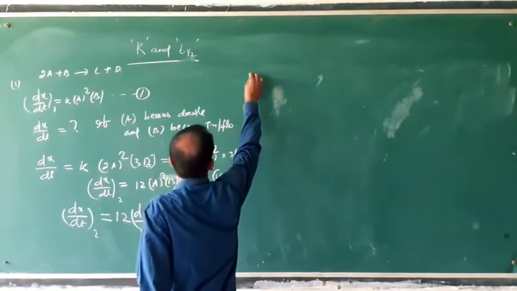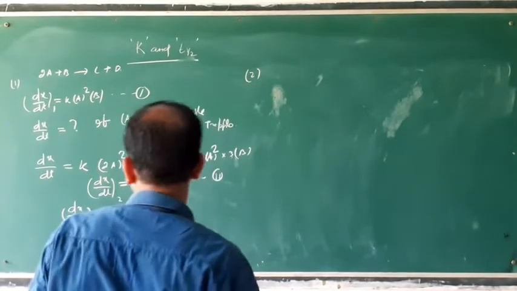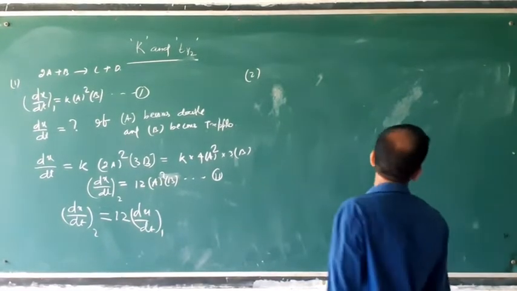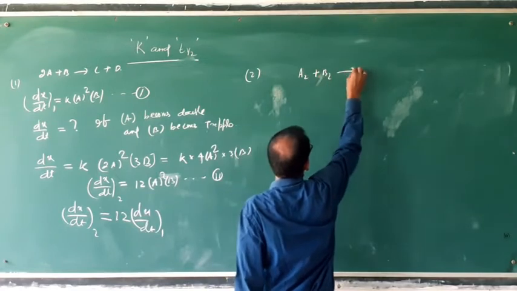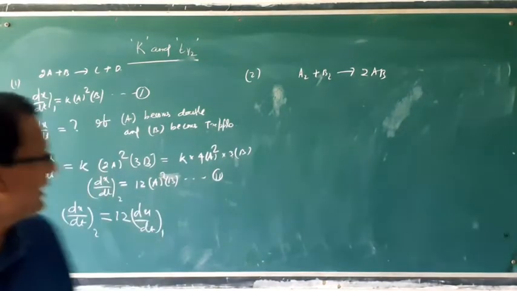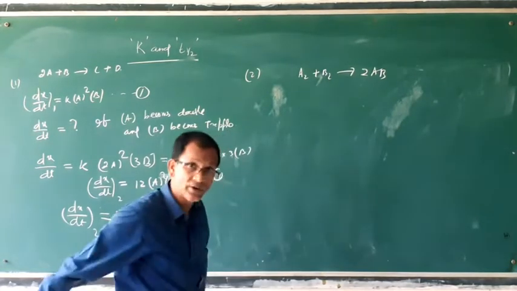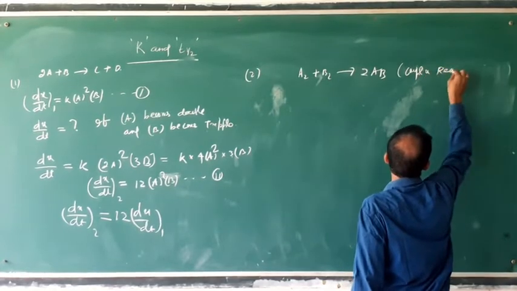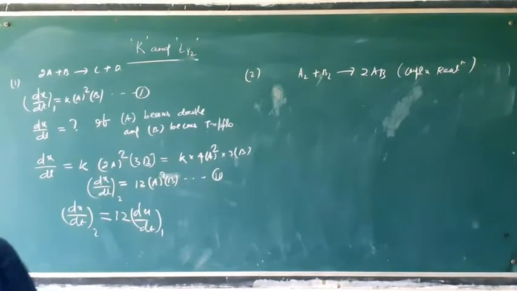Then another data, I can express the K. I can express the order. Suppose a reaction of the type A2 plus B2 changes to 2AB. The question is given: A2 plus B2 changes to 2AB. And the different steps, it is a complex reaction. For a complex reaction means it consists of several steps.